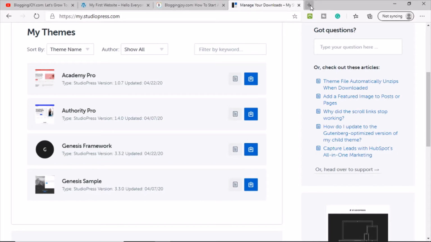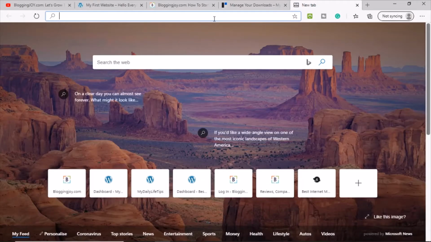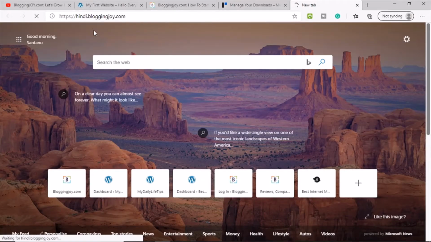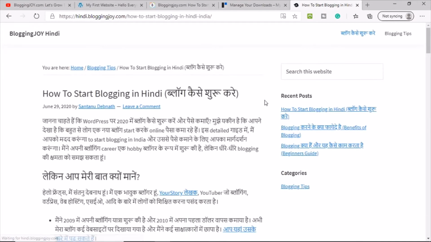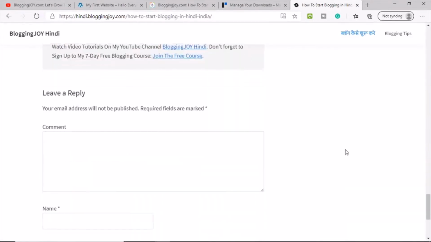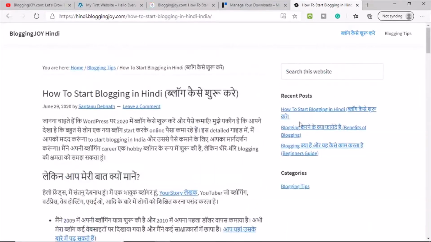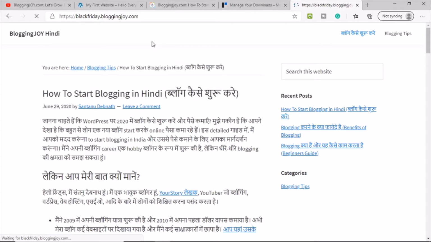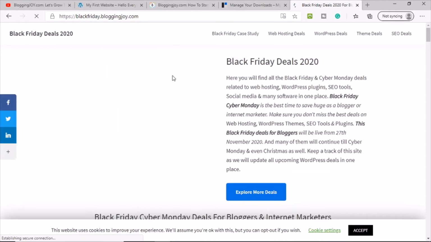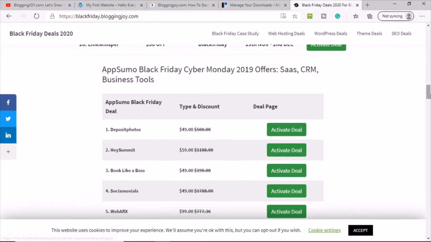Now let me show you a few of my subdomains where I'm actually using Genesis framework. For example, this is the subdomain where I am sharing Hindi blogging content. You can see that this is very simple, readability wise it is very good, highly SEO optimized, a neat and clean design, nothing else. So if you are not looking for a fancy design, and want a simple elegant type of design, then this is perfect. If I show you my Black Friday subdomain also, you can see that the entire website I have designed with the help of Genesis framework and